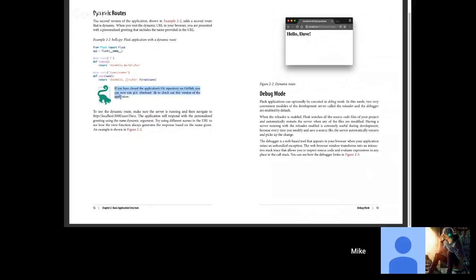I don't remember what this meant, but it's telling us that if you have cloned the application's Git repository on GitHub, you can now run git checkout 2b to go to this version of the application. So